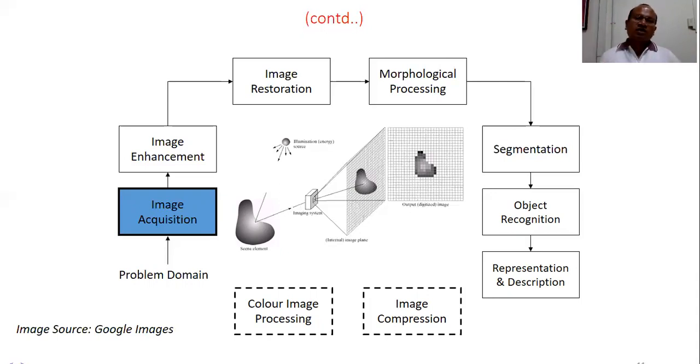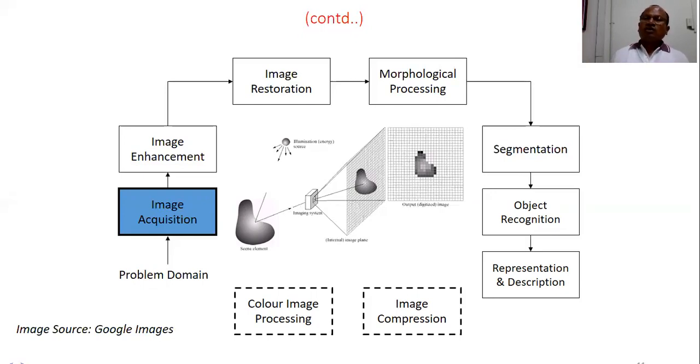If the lighting condition was poor, or if you are taking a person's photograph for a certain purpose and the pose required was not okay, then it will create problems. For example, you are taking a retinal image. You want to take a picture of your iris, so you are required to stand in a certain position in front of the sensor, and for that particular time duration, it will capture your iris image. So image acquisition, though the beginning and first task, determines the performance of all remaining tasks in image processing. That's very important.